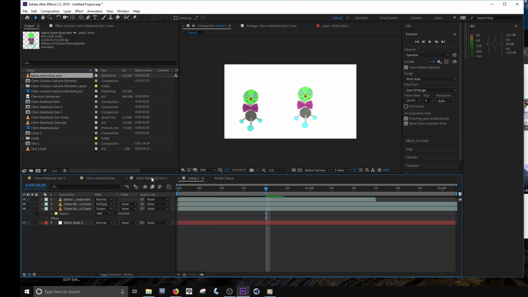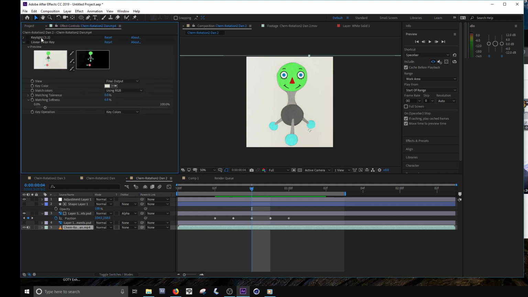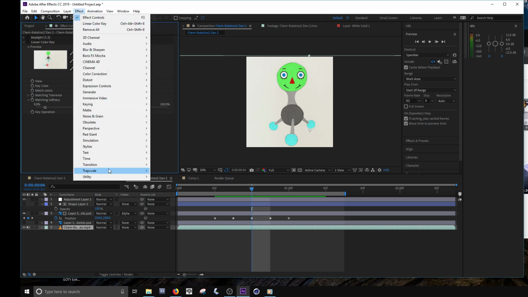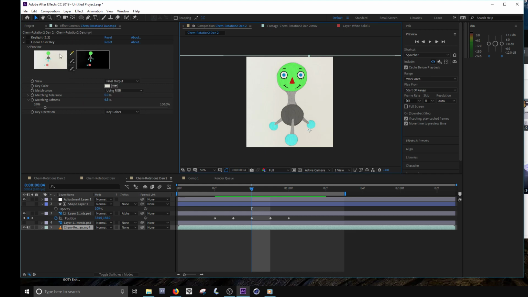So what I did is I went back to this one, and I added this effect that's going to key out this cream. When you do that, you don't want to use, let's see, where's my effect controls? You don't want to use Key Light. Key Light is good for these bright colors. It's not good for these cream colors. What I used was Linear Color Key. So I went to Effect. On the actual video, I went to Keying and I grabbed Linear Color Key. And then this comes up, you grab the eyedropper tool, you click on this,